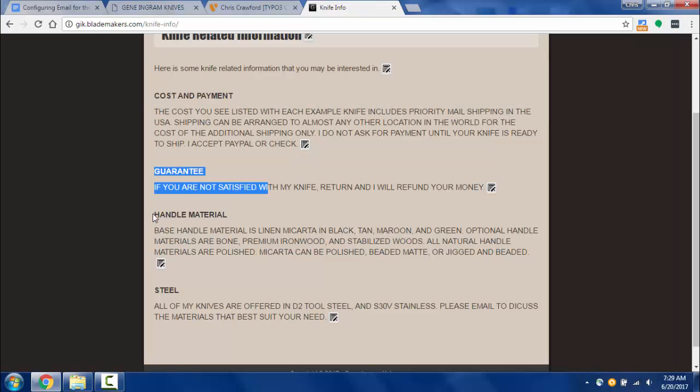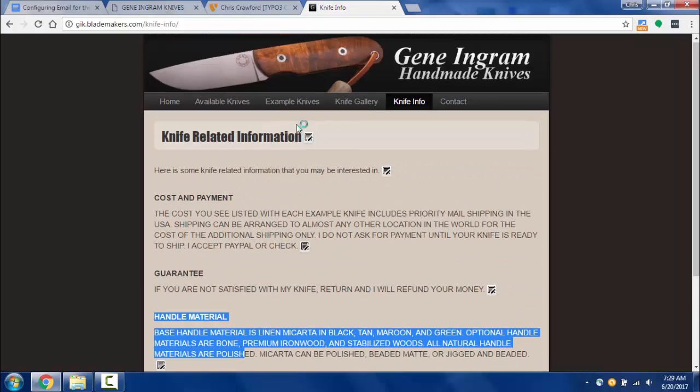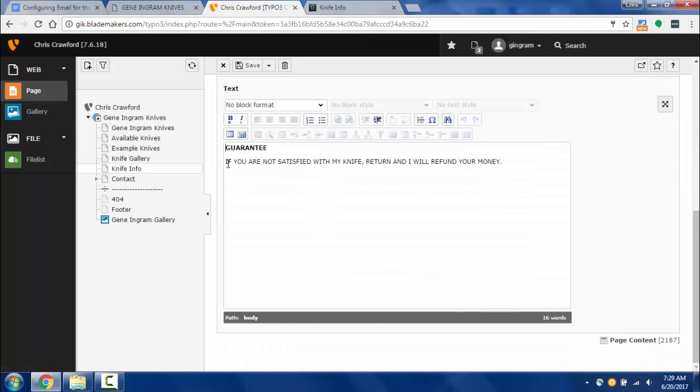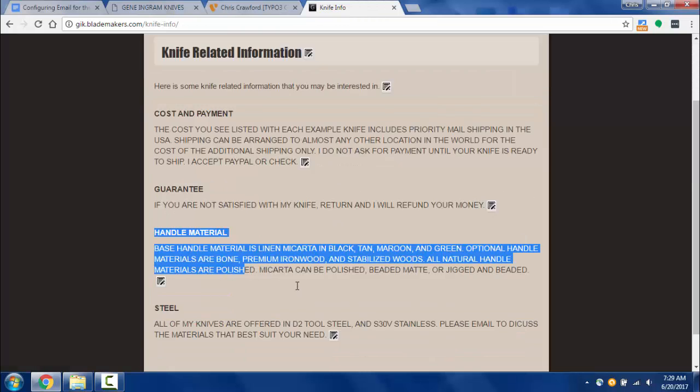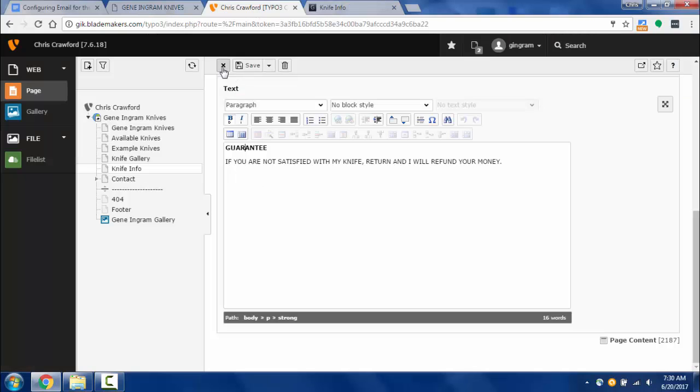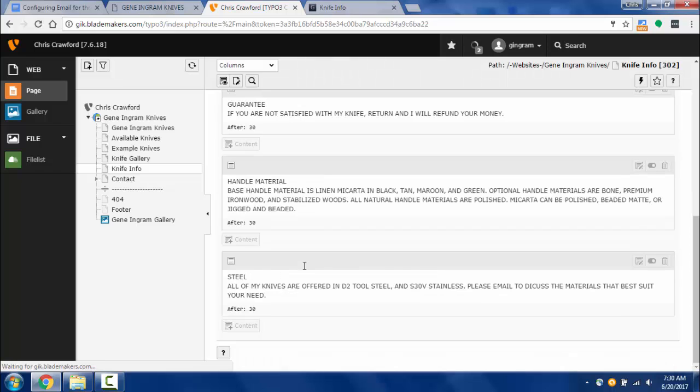This is one content block, this is one content block, so on and so forth. Okay, so when we pull it up, we see here that we have a guarantee, and that's basically just bold text, and then we have the information here, and that's why it shows up. So let's go in here, and I'm going to add one more piece of information. I'm going to add another content block,